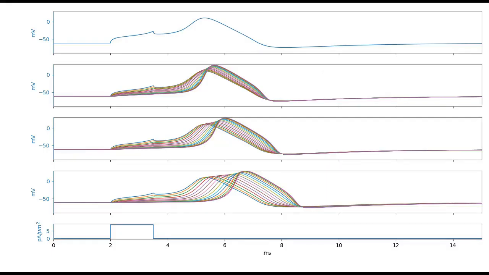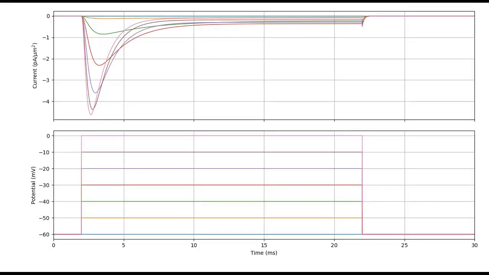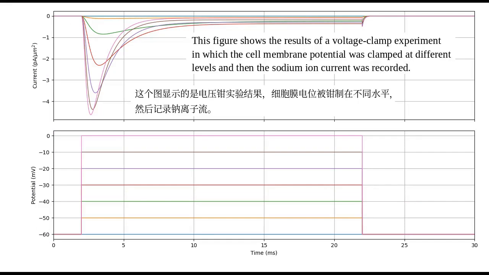We apply a current pulse to the cell body, which causes an action potential. The action potential propagates along the processes. It can be seen that the propagation speed of the action potential is positively correlated with the diameter of each process. This figure shows the results of a voltage clamp experiment in which the cell membrane potential was clamped